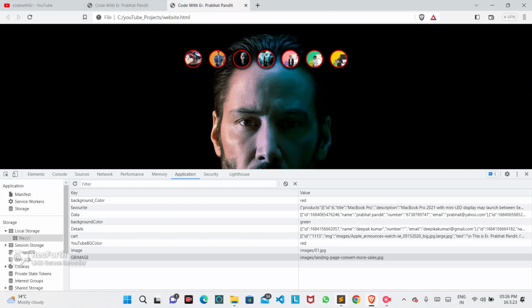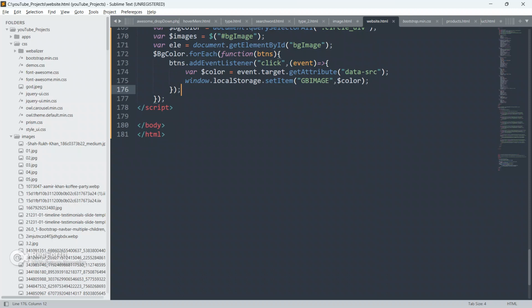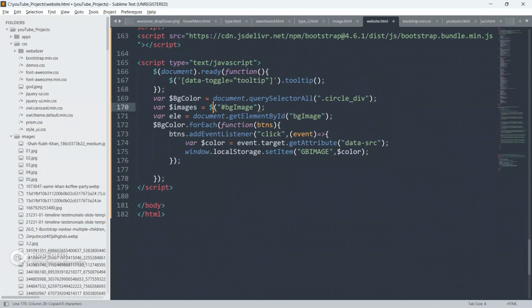So now we have to grab this image name and we have to change it as a background. So let's go to the code editor now, and below this create, just select this img, okay, because this is the img, this is the background guys, we are gonna change. Put here .css, okay, and we are gonna put CSS classes here.